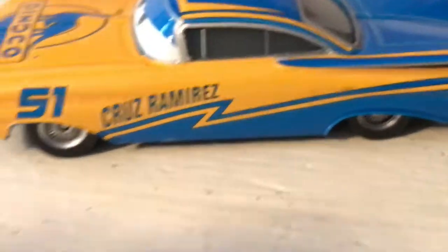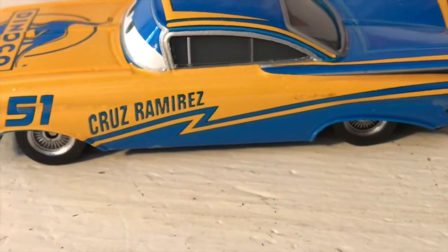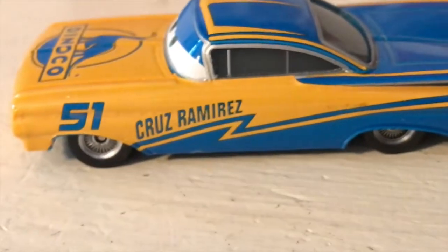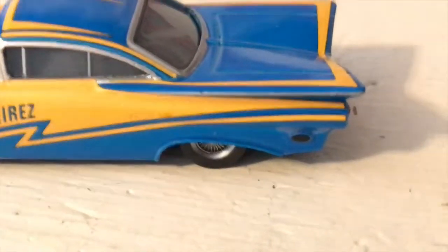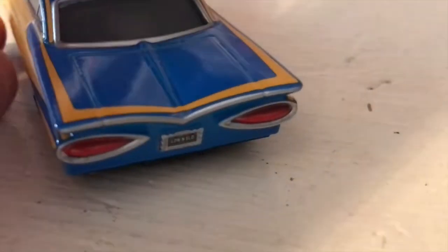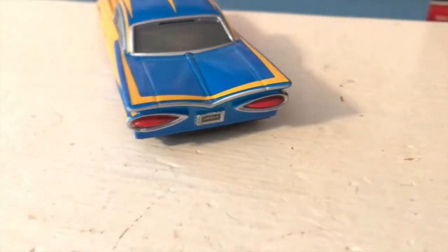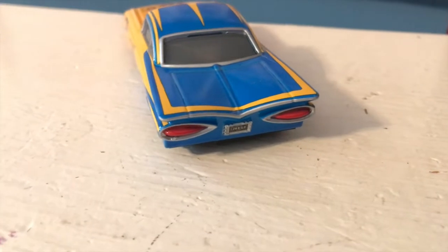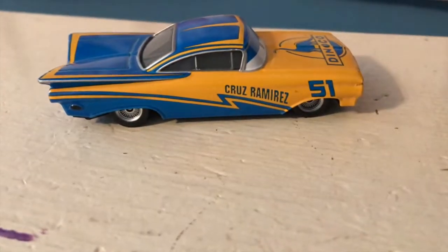I really like how the side turned out. It's very unique. It kind of adds sort of a lightning bolt zigzag there, which is pretty cool. Got 51 Cruz Ramirez written on the side. This is a really nice Ramone, I think. We got Low and Slow written on the back, more yellow highlights. I do hope that they make more series like this,